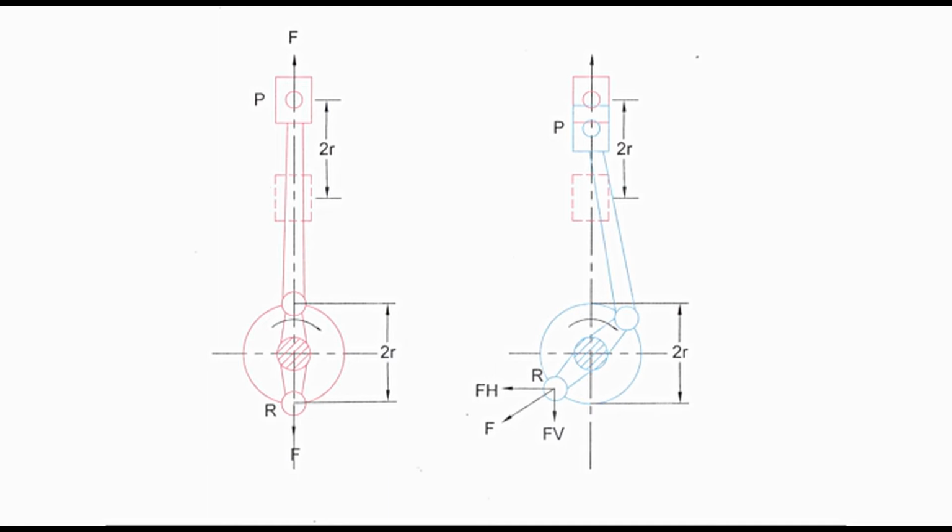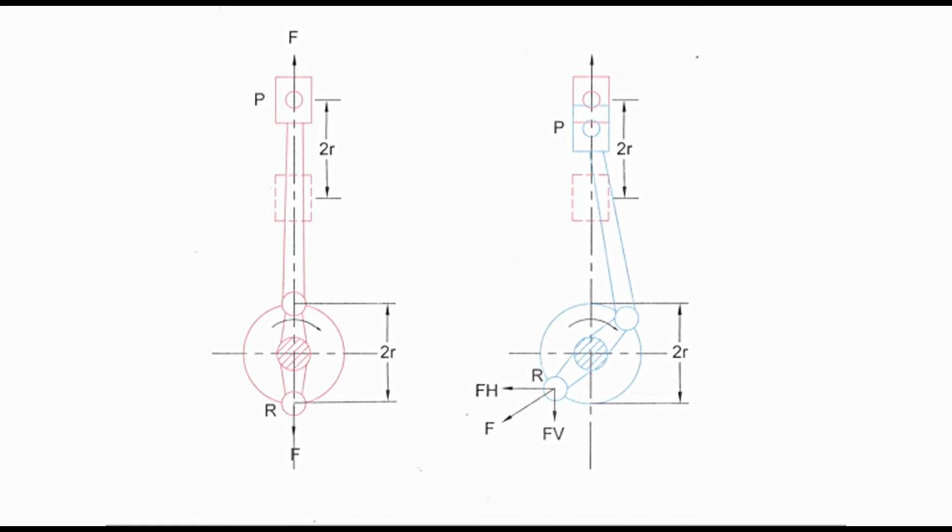Now, let us consider the downward movement of the piston as shown in the diagram on the right hand side. The crank pin and balancing mass move in the clockwise direction. These attain a new position as shown in blue on the right hand side. Centrifugal force F will be acting radially outwards. In this position, it will have two components. One will be in the horizontal direction FH and the other vertically downwards FV as shown.